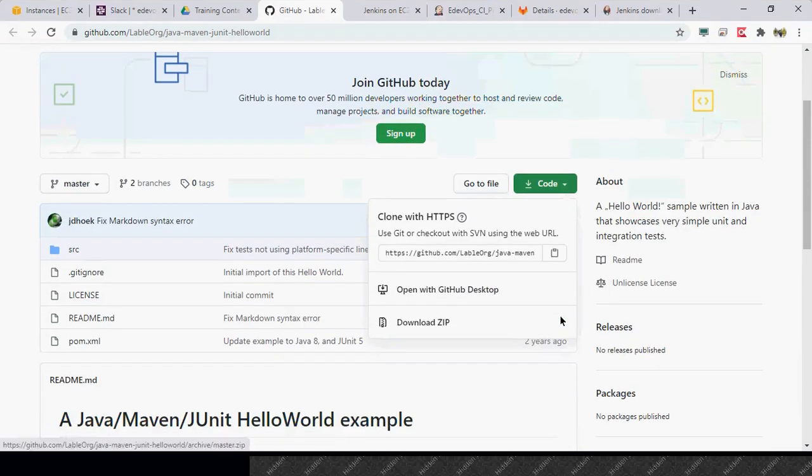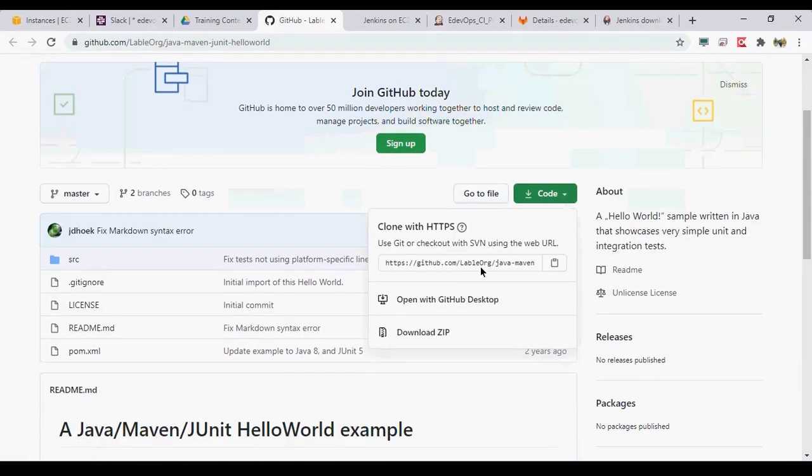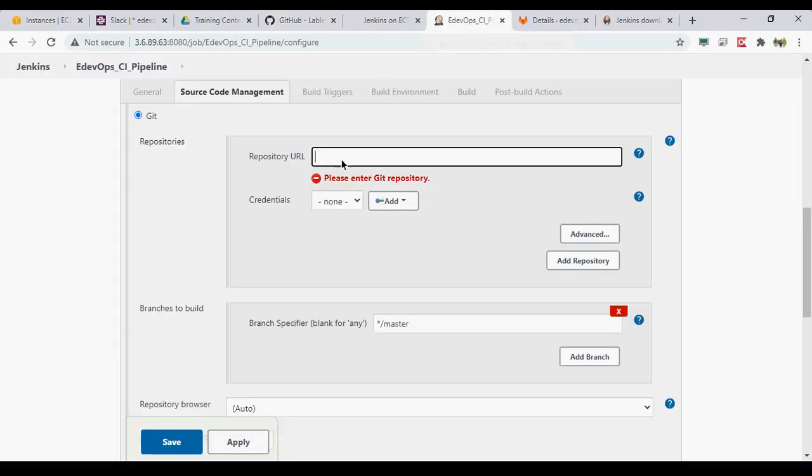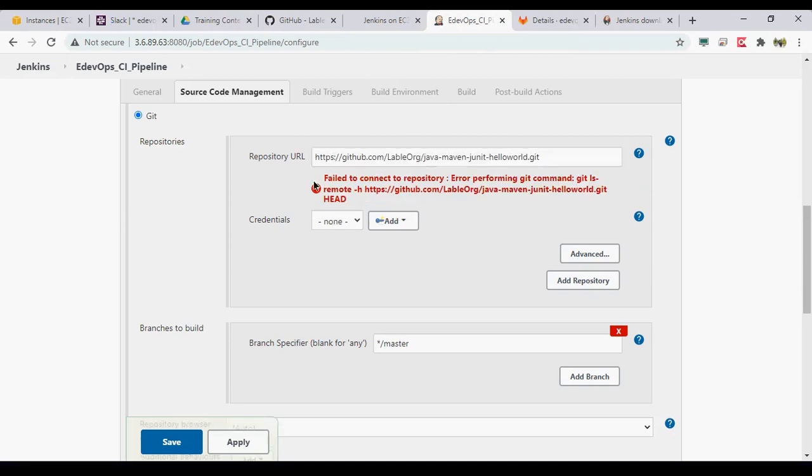Now this is the URL which we can use for cloning. So here we will provide the repository URL. The repository URL can be Git, or it can be HTTPS. Okay.